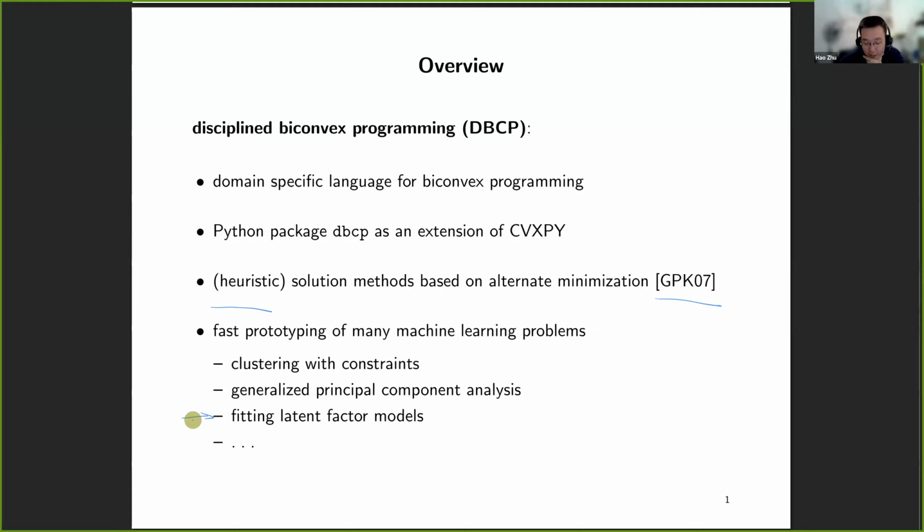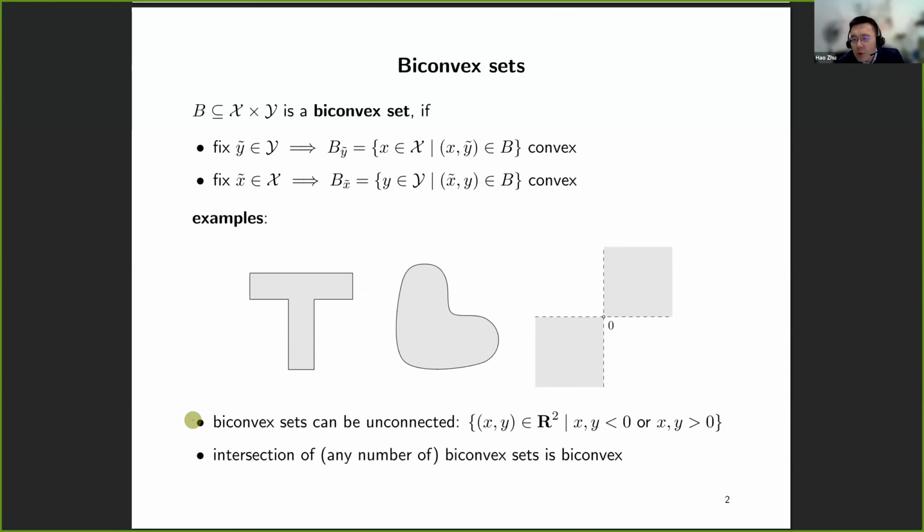Right. So the general idea would be, many of these machine learning problems used in scientific computation can be formulated as a biconvex program. Although we cannot solve it to global optimality, in general, alternate minimization gives quite a good point that is good enough in most applications. So that's the idea. So I will briefly run through some theory, like what a biconvex set is in